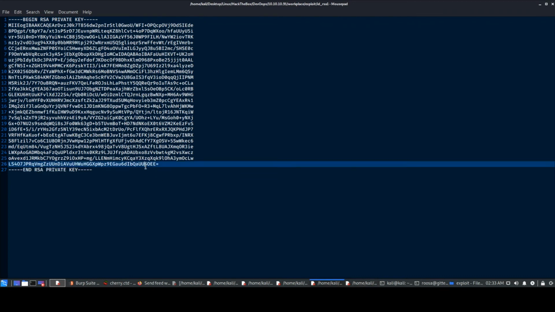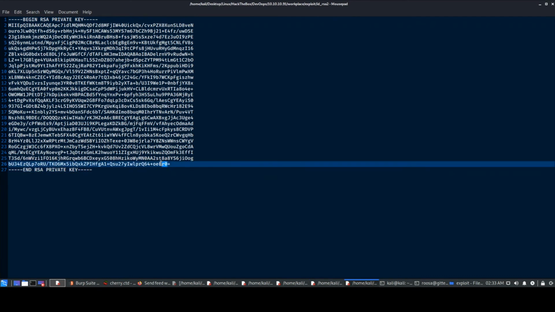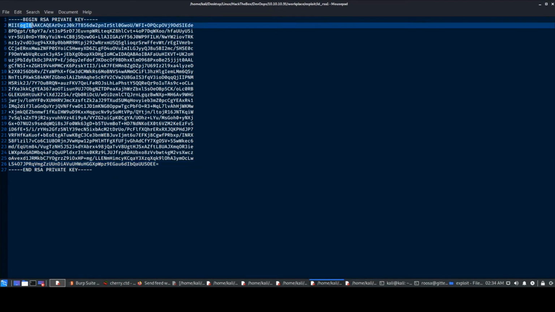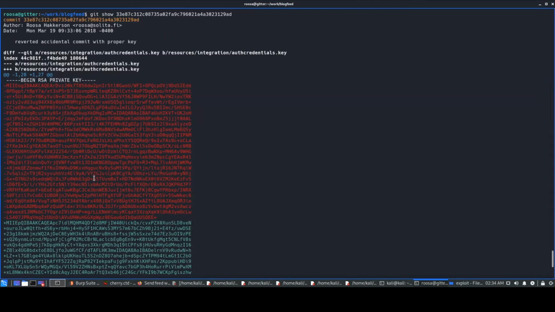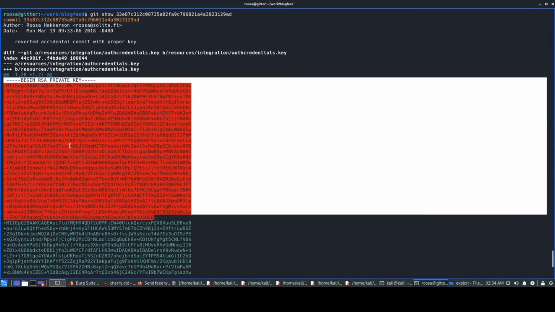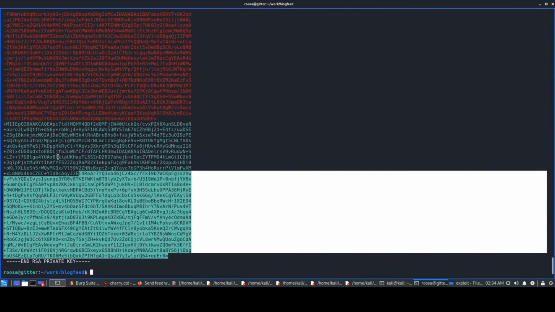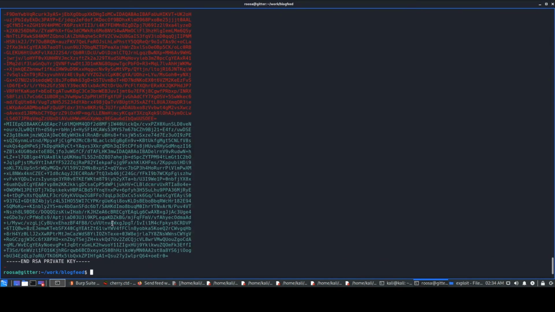If you look closely over here, the contents differ at the start and in other places, so both keys are different in short. Let's go back to our box. It says this key was probably deleted and the new key was sent. Since we have a key over here, we can try and use it with different users,